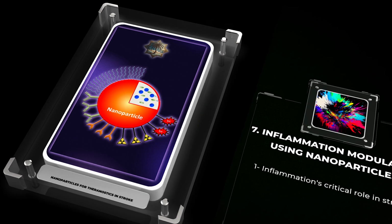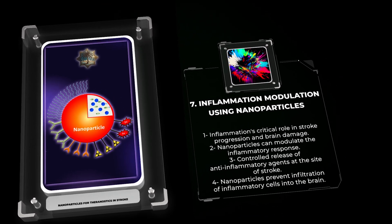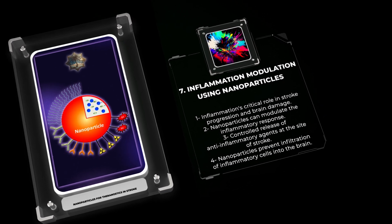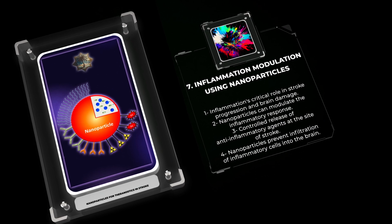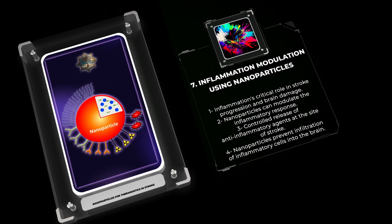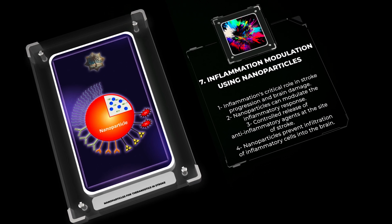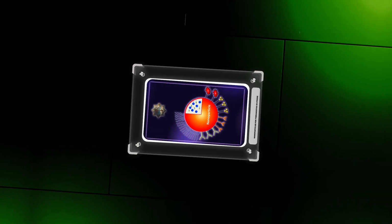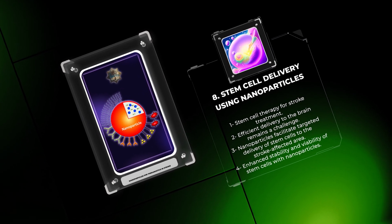Nanoparticles can be designed to modulate the inflammatory response, contributing to neuroprotection and tissue repair. By incorporating anti-inflammatory agents within nanoparticles, their controlled release at the site of stroke can attenuate excessive inflammation. The surface modification of nanoparticles with anti-adhesion molecules can also prevent the infiltration of inflammatory cells into the brain, further reducing inflammatory damage. Stem cell therapy holds great promise for stroke treatment, but efficient delivery to the brain remains a